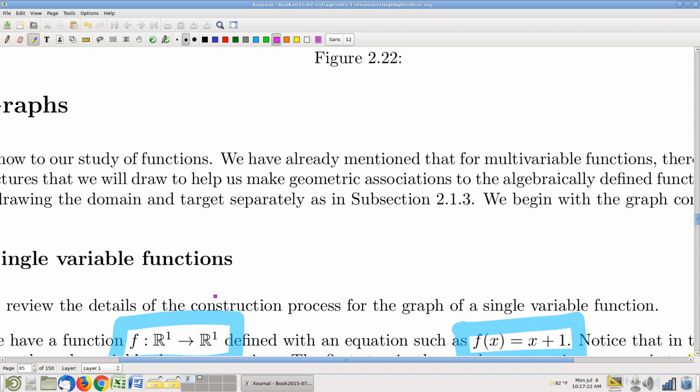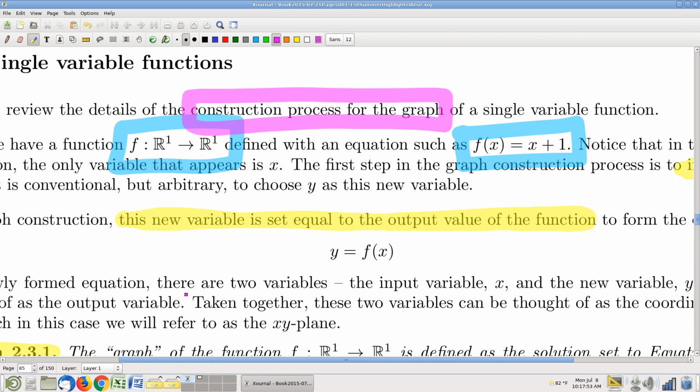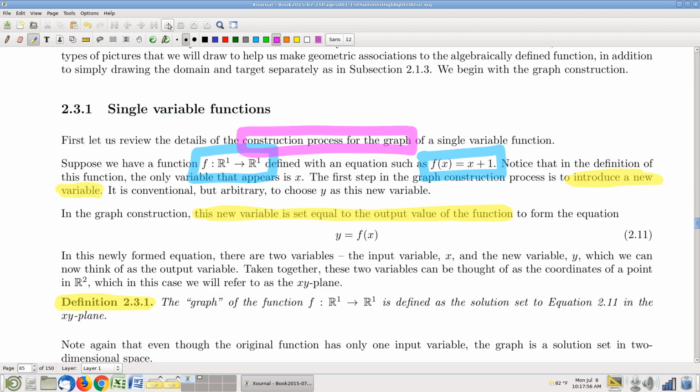Taking it further. Okay, so we are starting with just the function. Now, what I'm about to do from here is called the graph construction. So there's a particular process that I'm going to now apply to this single variable function. Everything that follows is not just what you do. It's not what the function really is. It's specifically, what I'm going to describe going forward here is the graph construction. And here it is. What you do in the graph construction is